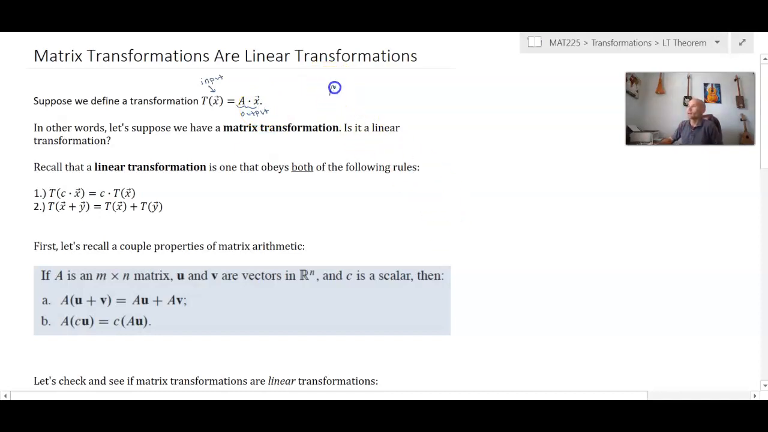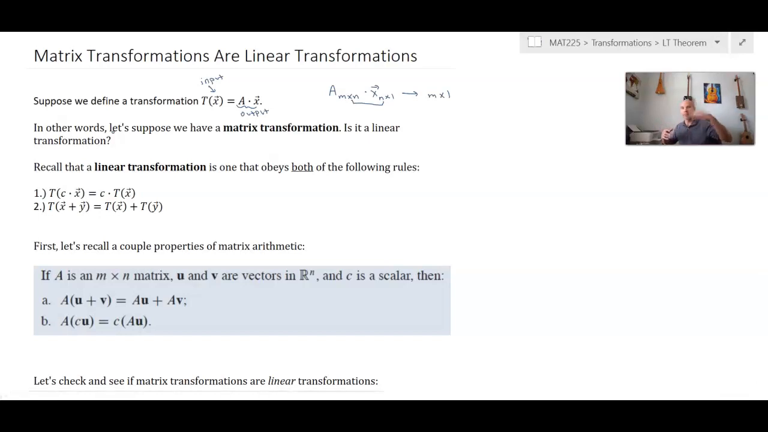To give these dimensions, we'll say that A is some m by n matrix, and x is therefore some n by 1 vector, giving us an answer that will be m by 1. The dimensions of this output vector will be m by 1. Inner dimensions match. In other words, let's suppose we have a matrix transformation, which is going to take